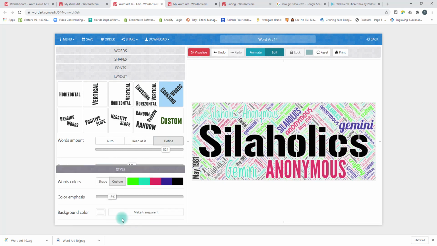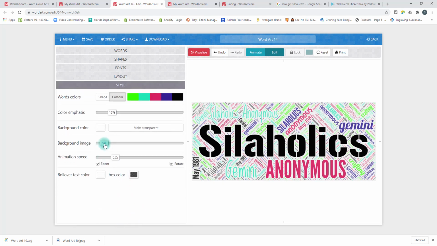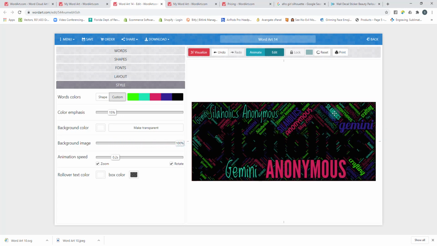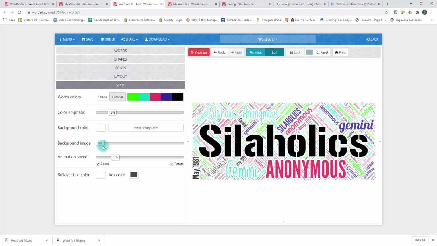So if we go back down to style, I'm just going to show you, I can take the background image and I can bring that all the way up. So it will become black, but of course I can't see the black that I included in the design. So we're just going to go ahead and take that back down to 0. Once you have it done, you can save it. So I'm going to save this as